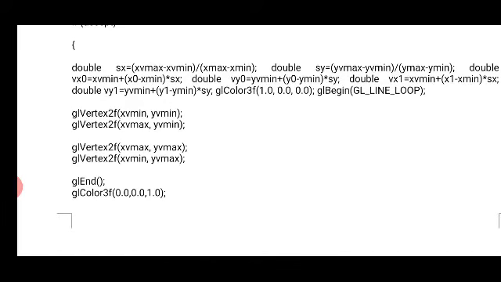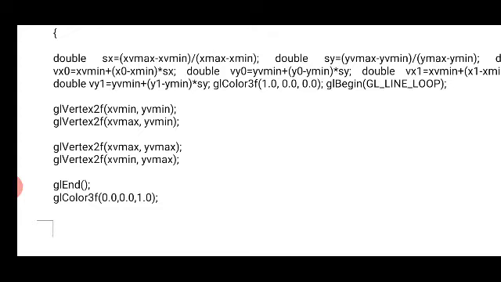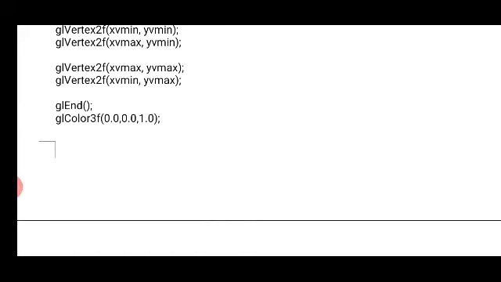Before drawing the line, we draw the clipping window rectangle. For that we use the GL begin function with the parameter GL_LINE_LOOP, which forms a loop of connected lines with these four points: xv min, yv min, xv max, yv min, xv max, yv max, xv min, yv max. These are the parameters used for displaying the line after clipping. This draws the window for displaying the line after clipping.